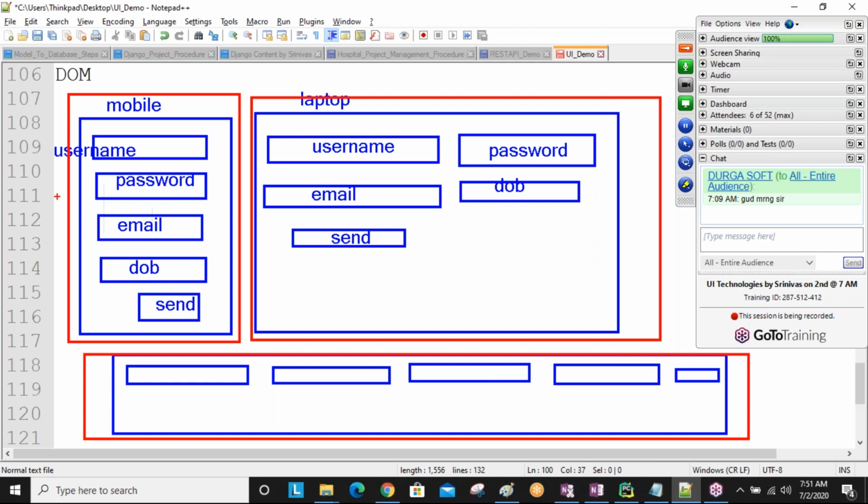So 10 people working on this project, sir, and here one more 10 people working by doing a little bit of changes, and here one more 10 people. Totally 30 people working to develop mobile, laptop, and desktop applications.